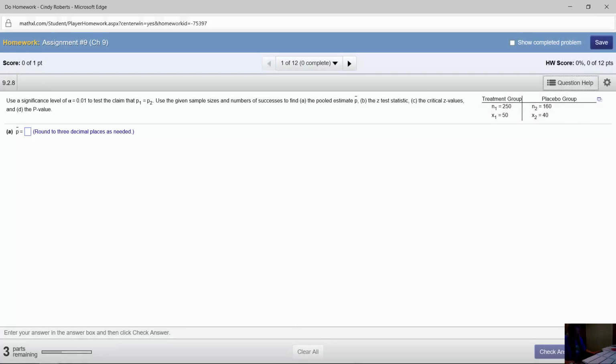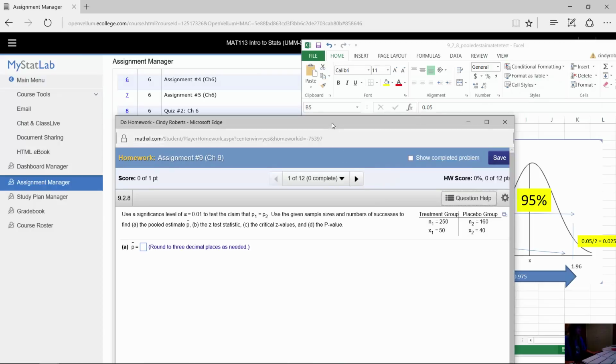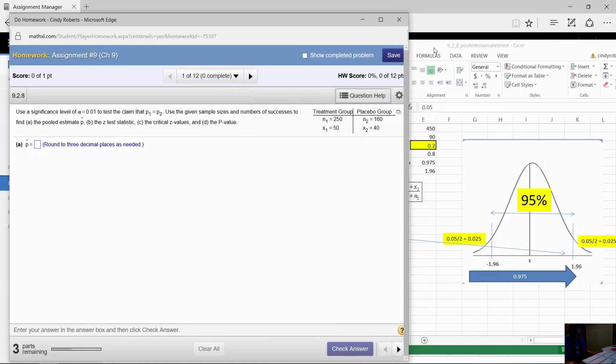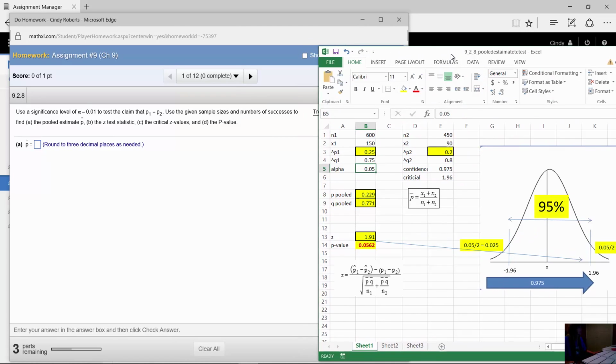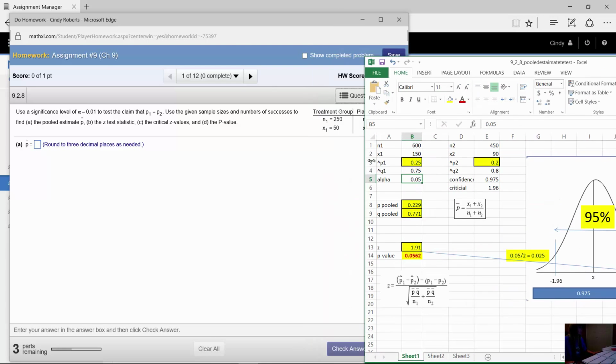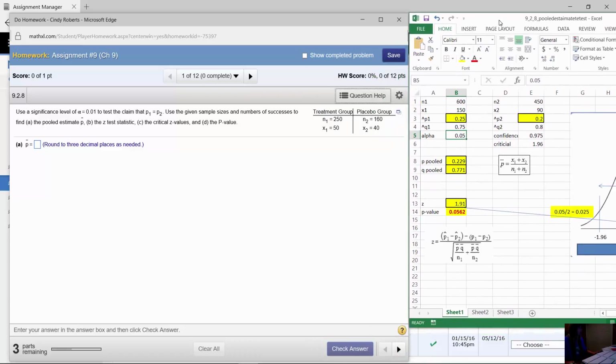Now, for the haters out there that say, but I don't like Excel, I want to use my calculator. This is why you learn to like Excel. So I can get this. The only difference here is I have this 0.01. So my alpha, I'm going to change